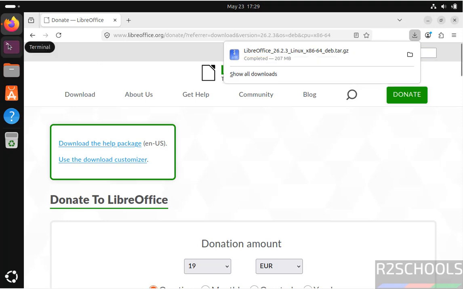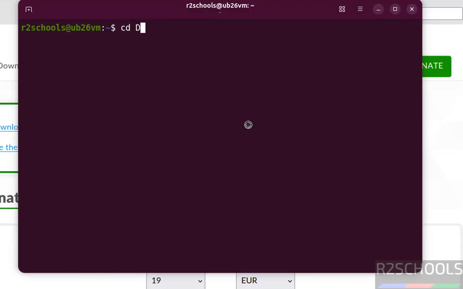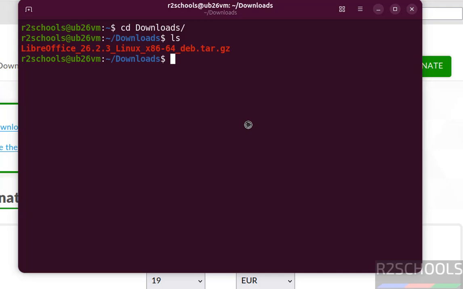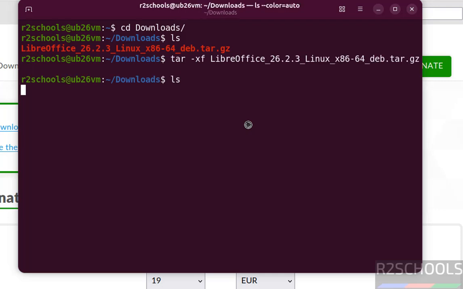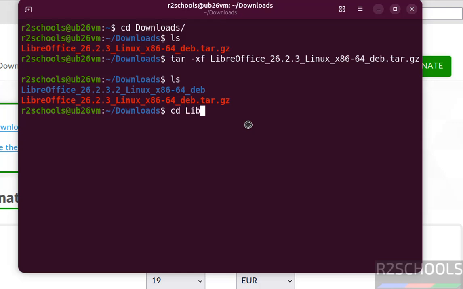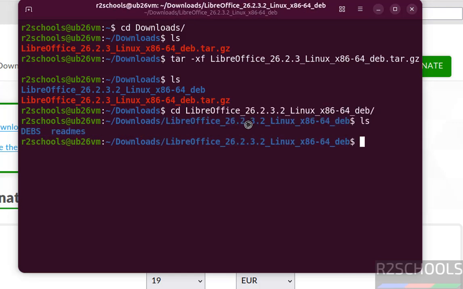Download is completed. Now open terminal. Go to downloads directory, cd Downloads, ls. Now unzip this file, tar -xf, then libre, then press the tab to autofill the entire file name, hit enter. Extraction completed. Now go to this LibreOffice folder, ls, go to this